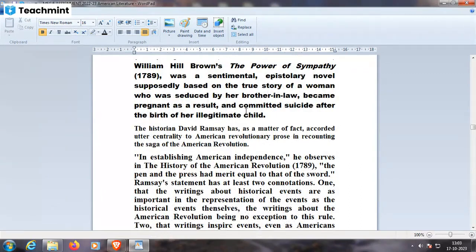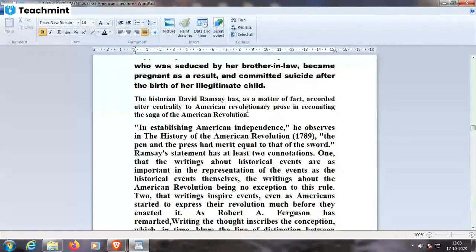The historian David Ramsay, as a matter of fact, accorded utter centrality to American revolutionary prose in recounting the saga of the American Revolution. So, in establishing American independence, he observes in the History of the American Revolution, 1789, the pen and the press had merit equal to that of the sword. Ramsay's statement had at least two connotations. One, that the writings about historical events are as important in the representation of the events as the historical events themselves. The writings about the American Revolution